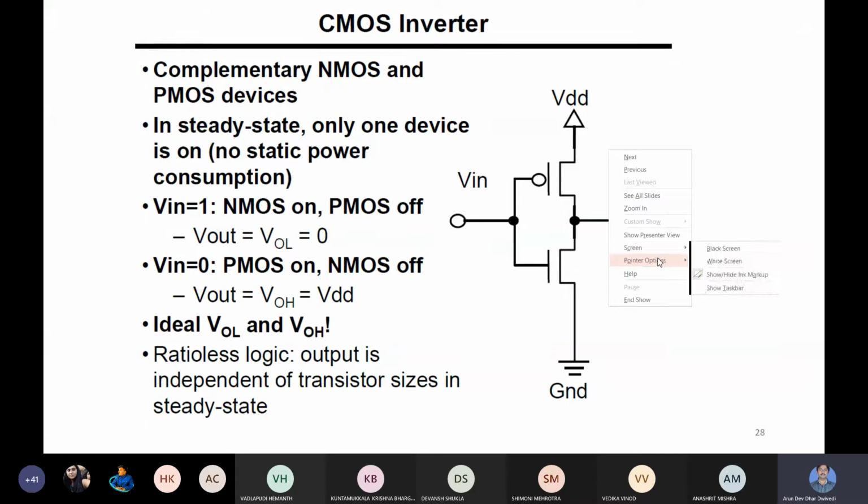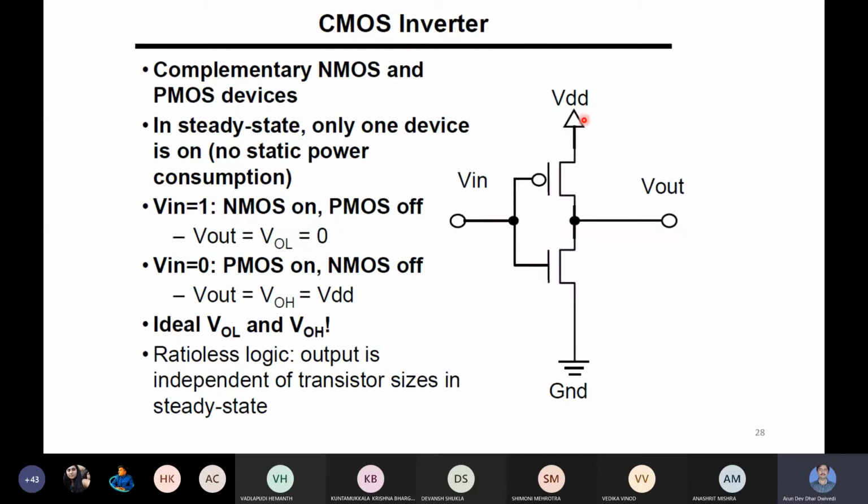Let me take a pointer also. Here we are using a very simple symbol, just source and drain, but for PMOS there is a bubble at the gate side. For NMOS no bubble. So this is a simplified symbol. This is PMOS, this is NMOS, and the input is given where both the gates are connected. The gate of PMOS and NMOS are connected, and the drain of PMOS and drain of NMOS are connected together, and here we are taking the output. The source of the NMOS is grounded, and the source of the PMOS is given the VDD supply voltage,